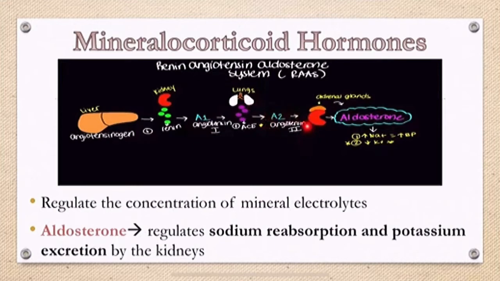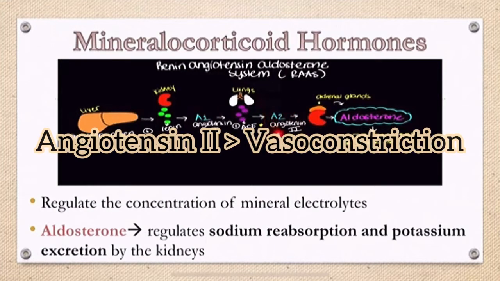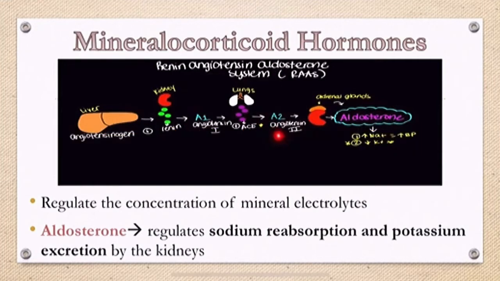Your angiotensin 2 has a direct effect on your blood vessels. It will cause vasoconstriction. Again, vasoconstriction means it will narrow the diameter or decrease the diameter of the blood vessels, causing it to increase the resistance and increase the blood pressure. Your angiotensin 2 will stimulate your adrenal glands, specifically your zona glomerulosa, in which it will secrete your